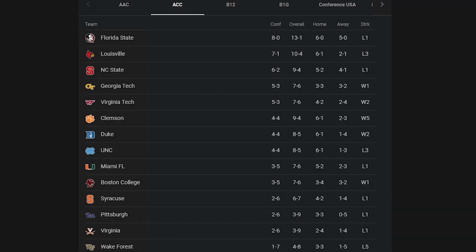And lastly, the ACC. Definitely will be considering some newcomers here, man. You got Cal, SMU, and Stanford. Now, SMU was probably the most impressive team last year out of those three, as they won the AAC, going 9-0 there, 11-3 overall. So I probably wouldn't do SMU, but it still is an interesting thing to look at,